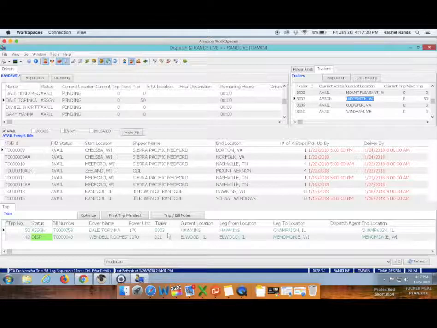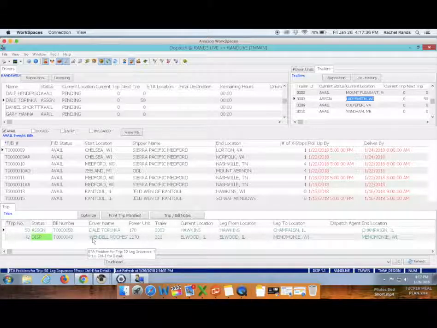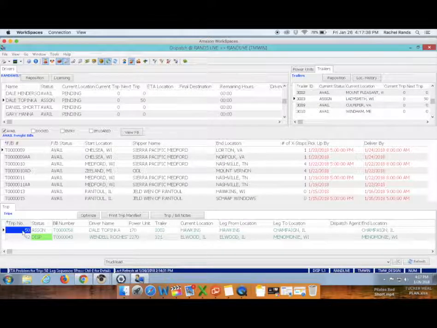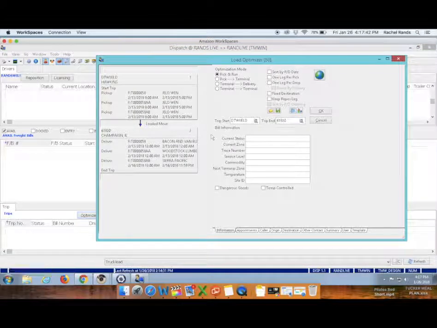That doesn't make any sense. So that's a good thing for us. So we just reposition it at any time that it's true. Of course. And now we can optimize the trip. So let's click optimize, and it's going to show us that we're picking up 3 things from Geldwin and delivering